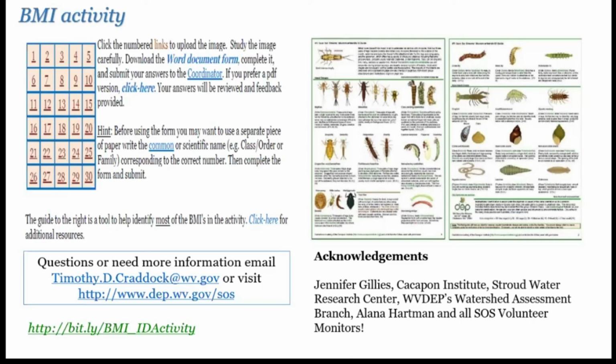The identification part and the benthic macroinvertebrate part is a little bit more difficult. Even our own watershed assessment branch sends these BMIs out to a lab to be identified. So field identification is not something that we necessarily accept, but they are still important regardless, because they do tell us trends, and you can say something's wrong here, come out and help me learn about my watershed and figure out what's happening. So hopefully I answered the question.